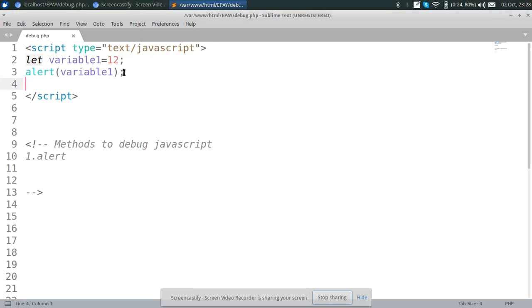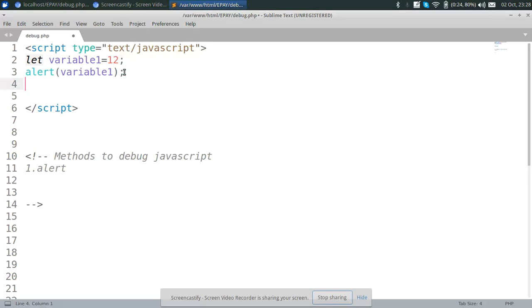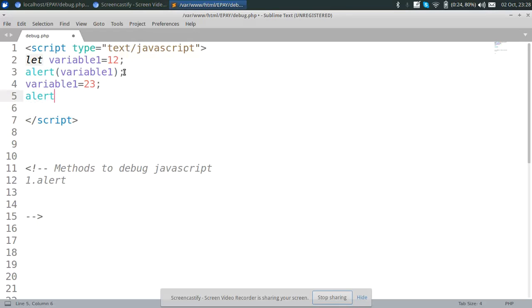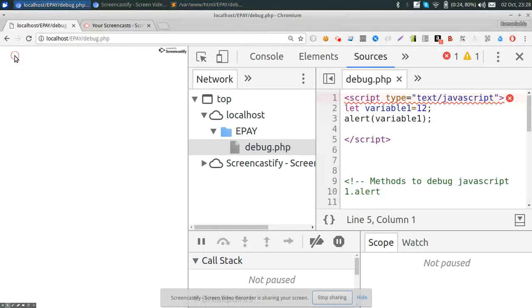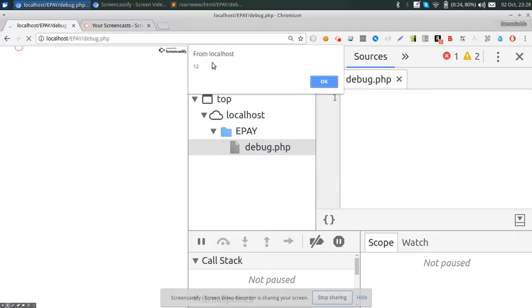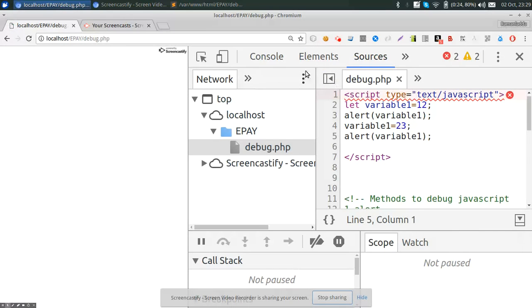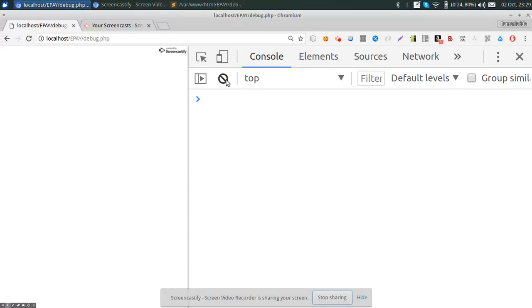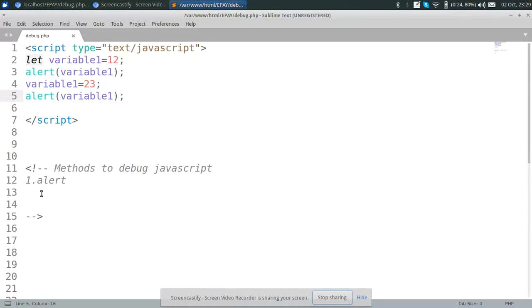So now if I change the value of the variable, now variable 1 is changed to 23. Now if I again alert here, and if you execute the program, you can see that its value is firstly 12, and in the second alert we can see its value has changed to 23. So this is the console. Here we can see different console outputs, and the second method